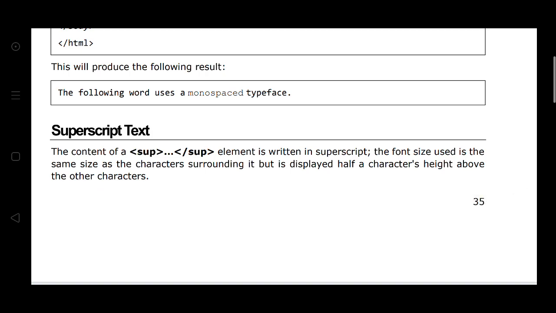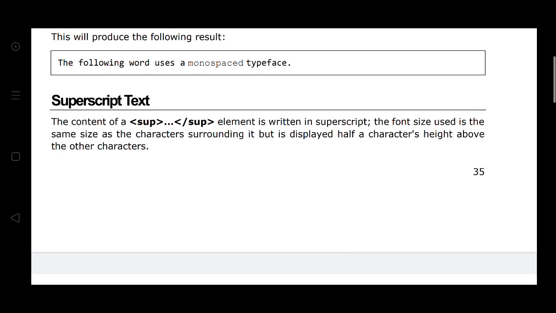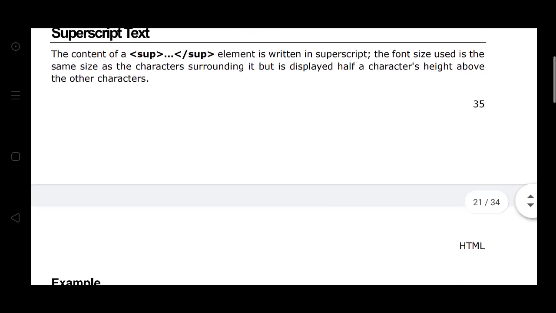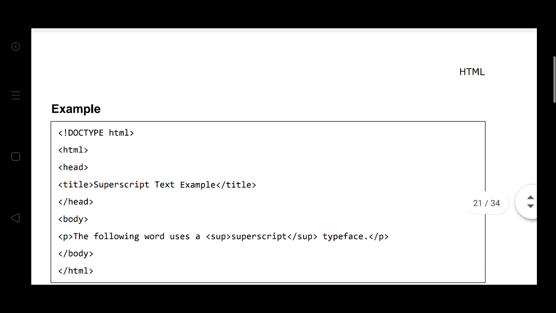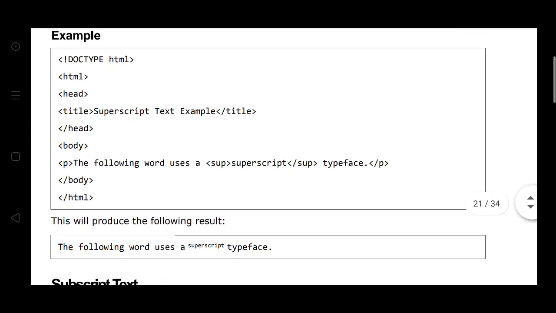Then superscript text. The content of the superscript element is written in superscript. The font size used is the same size as the characters surrounding it, but it displays a character height above the other characters. Here is an example of the superscript text, the title of the program, the body.